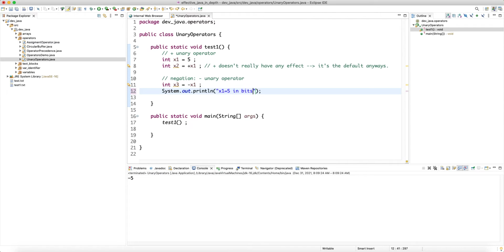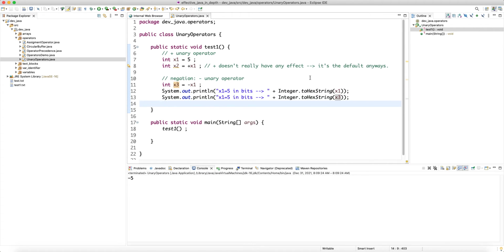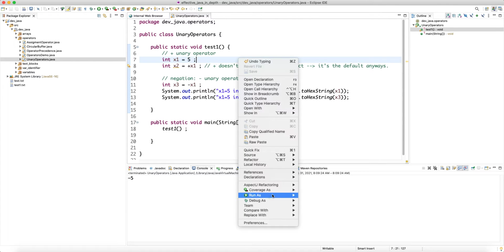equals 5 in bits. Let's do an arrow plus Integer.toHexString and then x1. We saw that the Integer class has this utility method, which is a static method, toHexString. It returns the bits, or instead of bits, we can look at the hex first and then x3. We already saw how Java handles signed integers in the previous lectures. It uses a 2's complement representation. The leftmost bit is reserved